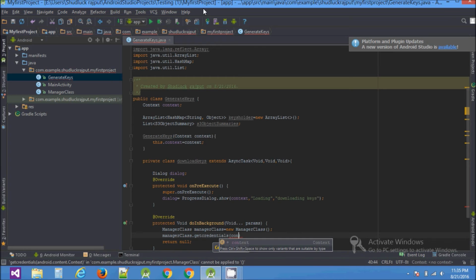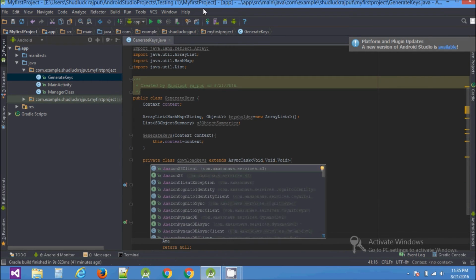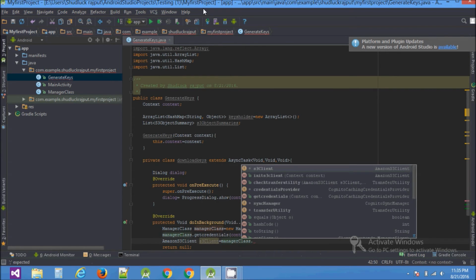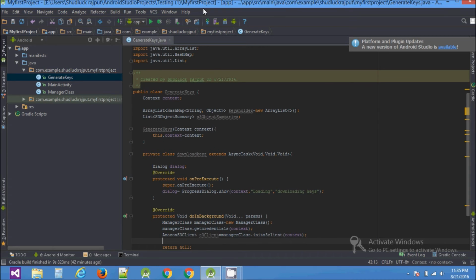After that we will be needing AmazonS3Client, and we don't need to write new, because we have already created those functions that in the last tutorial I said are important. So this is the importance. We are just using those functions and everything is done automatically.